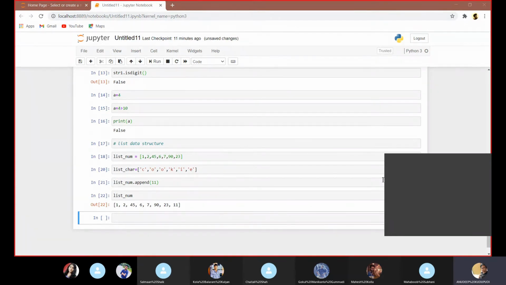By default the number will be added to the end of the list, and if we don't want to add the number 11 to the end of the list, we can use the insert function for that.